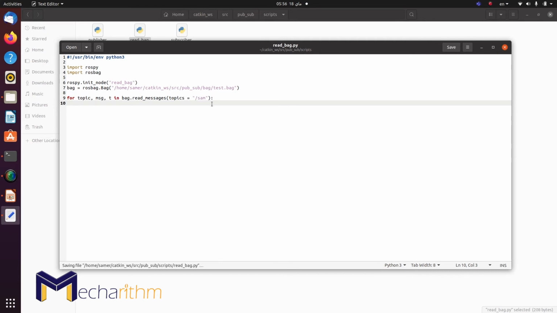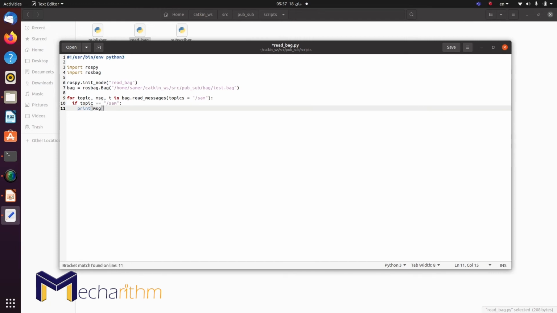Right now, if we have multiple topics, you need to include an if statement. If you have too many topics and you want to focus on just one, you type if topic, for example, where topic is a variable that determines which topic I'm currently focusing on. So let's say I'm going to focus on Sam and print the content of Sam. If topic is equal to Sam, then I'm going to print the message,